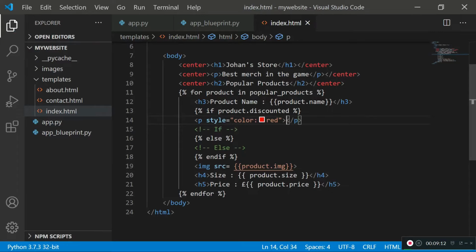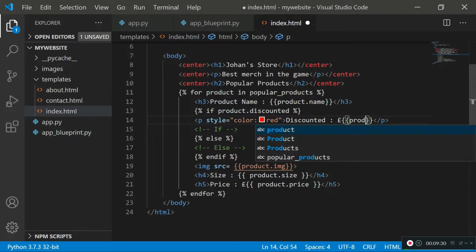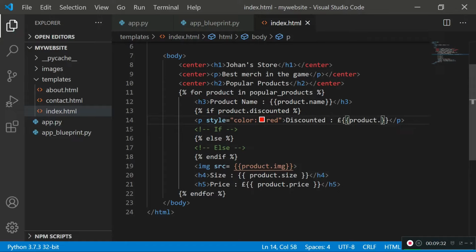Now we also said we want to display how much the user is going to be saving. So we're going to say discounted, then a colon, pound sign, and then we're going to display how much the user is saving. Now if you remember, we did save this as discounted amount. So we're going to type in product, and then